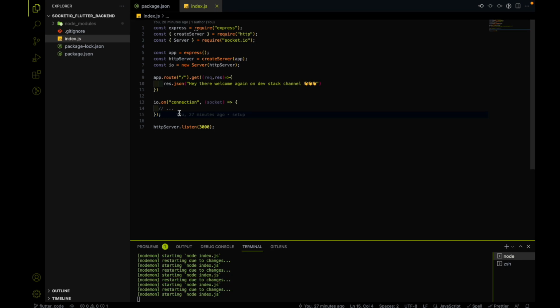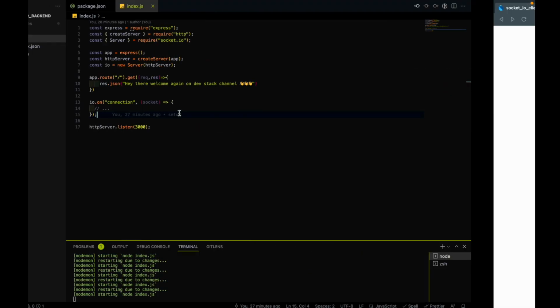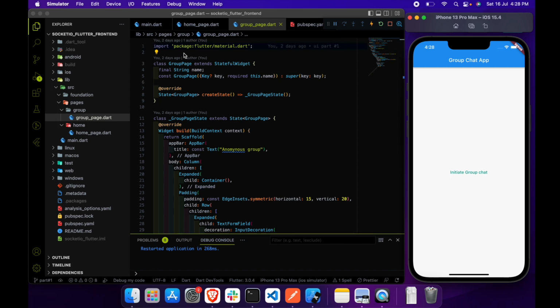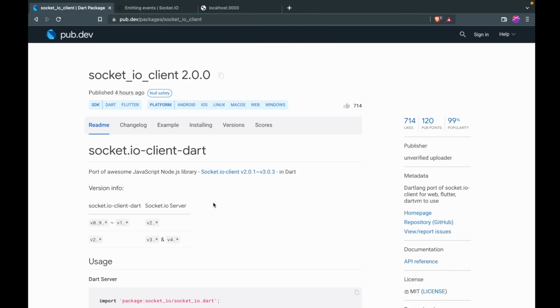We have a SocketIo server and we have a SocketIo client as well. So what we basically need to do right now is install a package. And what package do we need to install? We need to install the SocketIo client package in our Flutter app to connect this Flutter app to the SocketIo server. I already did a similar thing in our WhatsApp clone, but that is a long series, so you have to watch all of that. Here, we first need to install a SocketIo client, and as per the documentation you will see